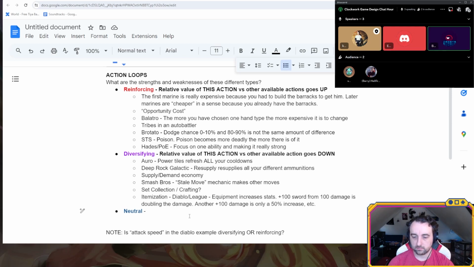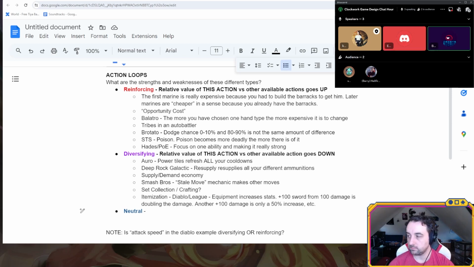Going back to the Deep Rock Galactic example, one that I like there is that one of the characters has a minigun, and the minigun becomes most powerful if you're continuously using it. You're getting the other ammos, so you have to continuously fire, which kind of commits you to using it almost. It doesn't commit you to using it, but otherwise you're wasting some ammo. But it's best when it's about to overheat, because it's doing extra damage and setting enemies on fire and stuff.